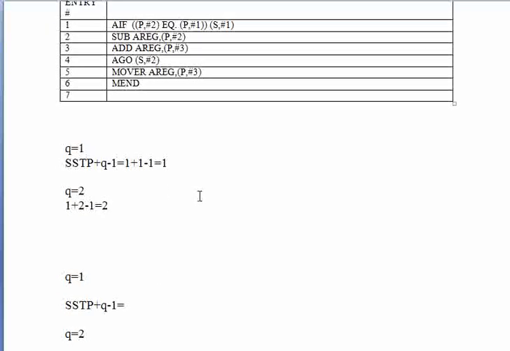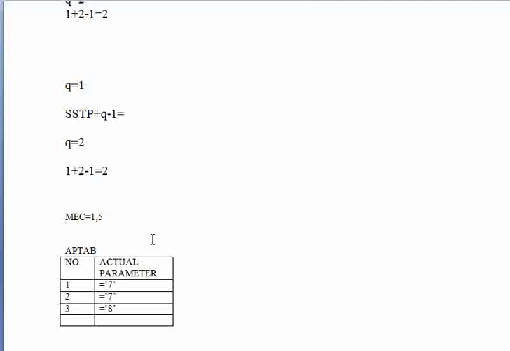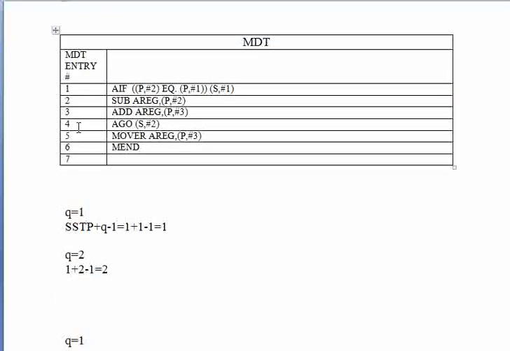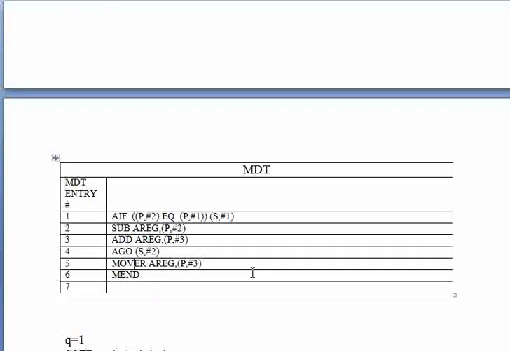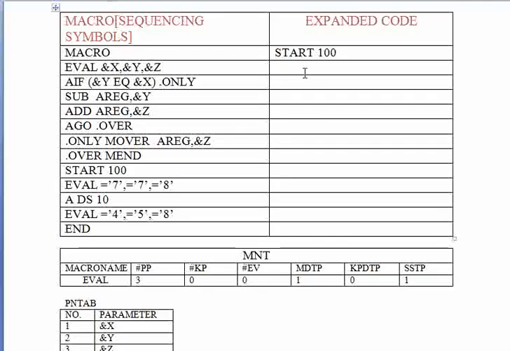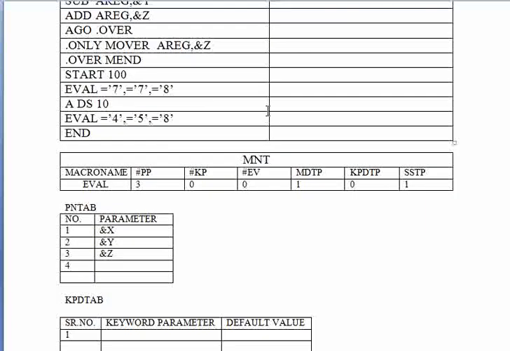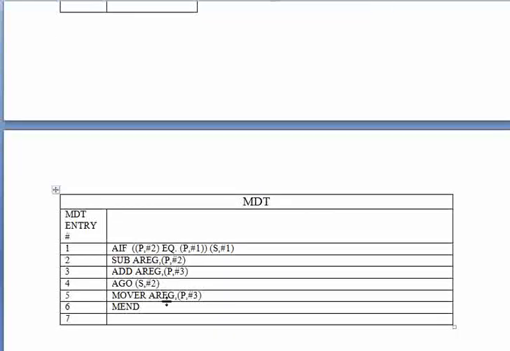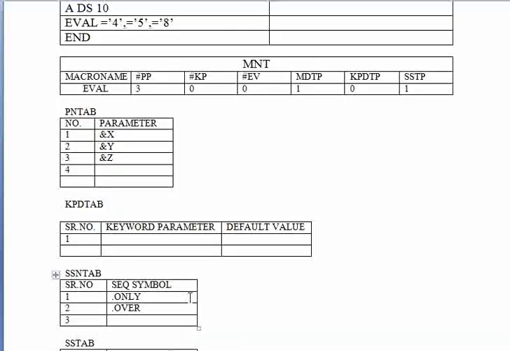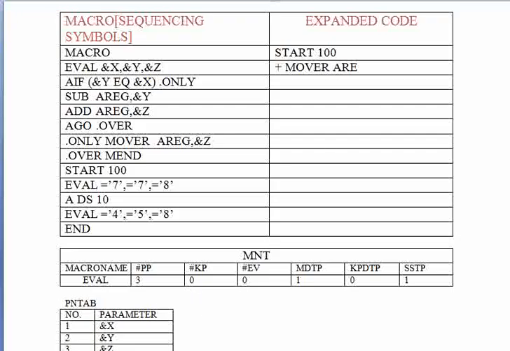So once this is over, now our MEC value is 5. Go to line number 5. At line number 5 is this line called MOVER. So we are going to write that in our expanded code. We will write here plus, MOVER. What was the remaining part of it? At 5: A register, P comma hash 3. So A register is as it is.